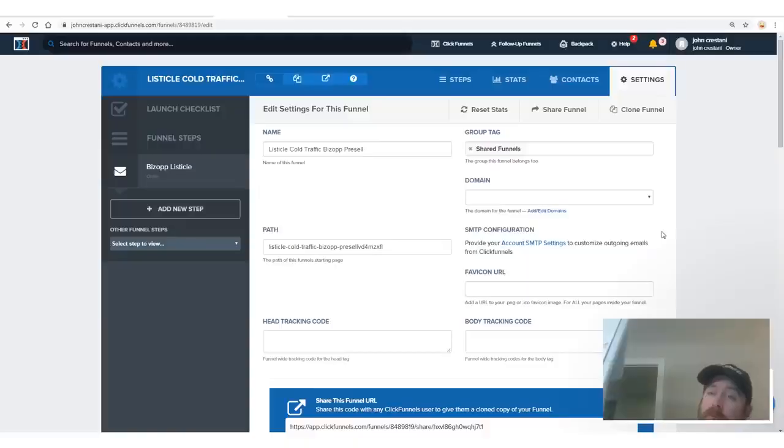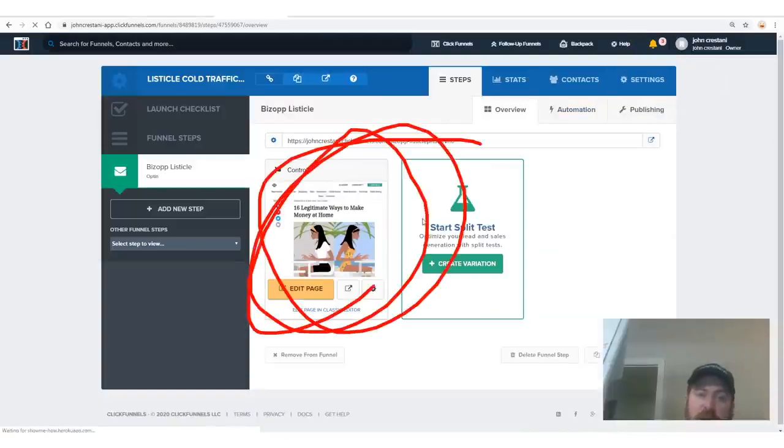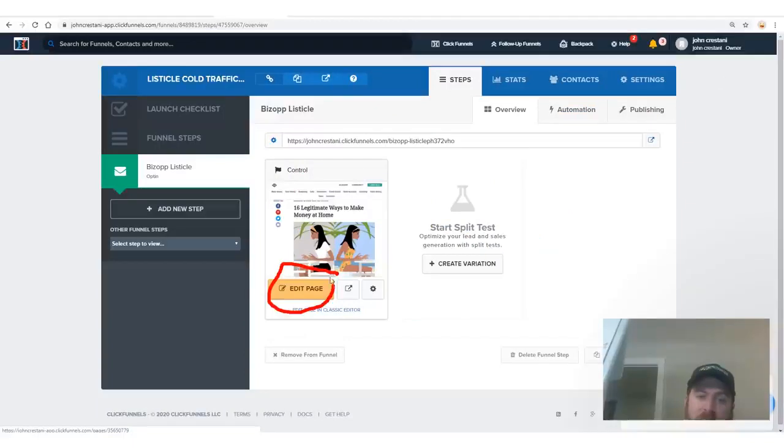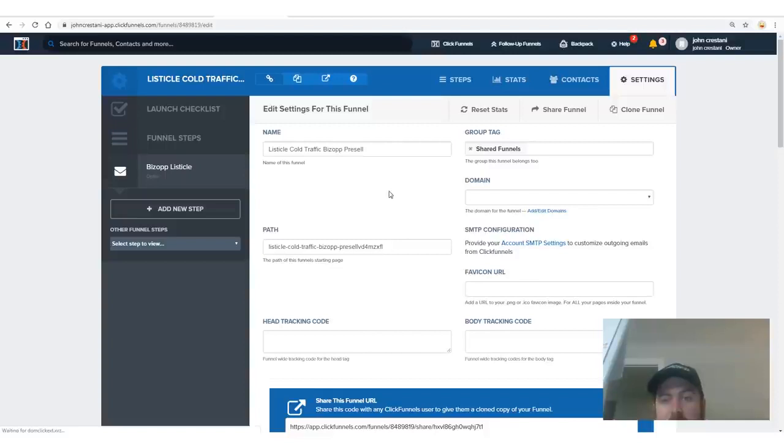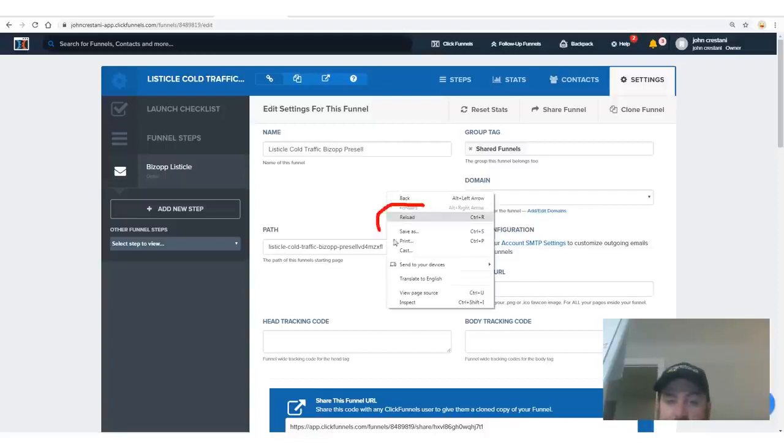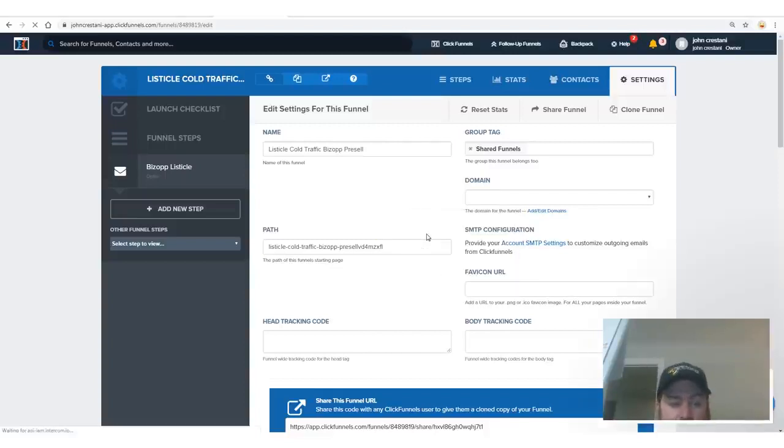So now once you've registered your domain, you'll go back to your settings in your actual ClickFunnels. Remember, Steps has the picture of your website where you can edit the page, which we'll do in a second, and it has the preview link and all these other links. But we're going to go back to the settings right here. And we're going to click the settings again if you're not already on it, or if you're already on the site, you'll click reload or refresh or F4.